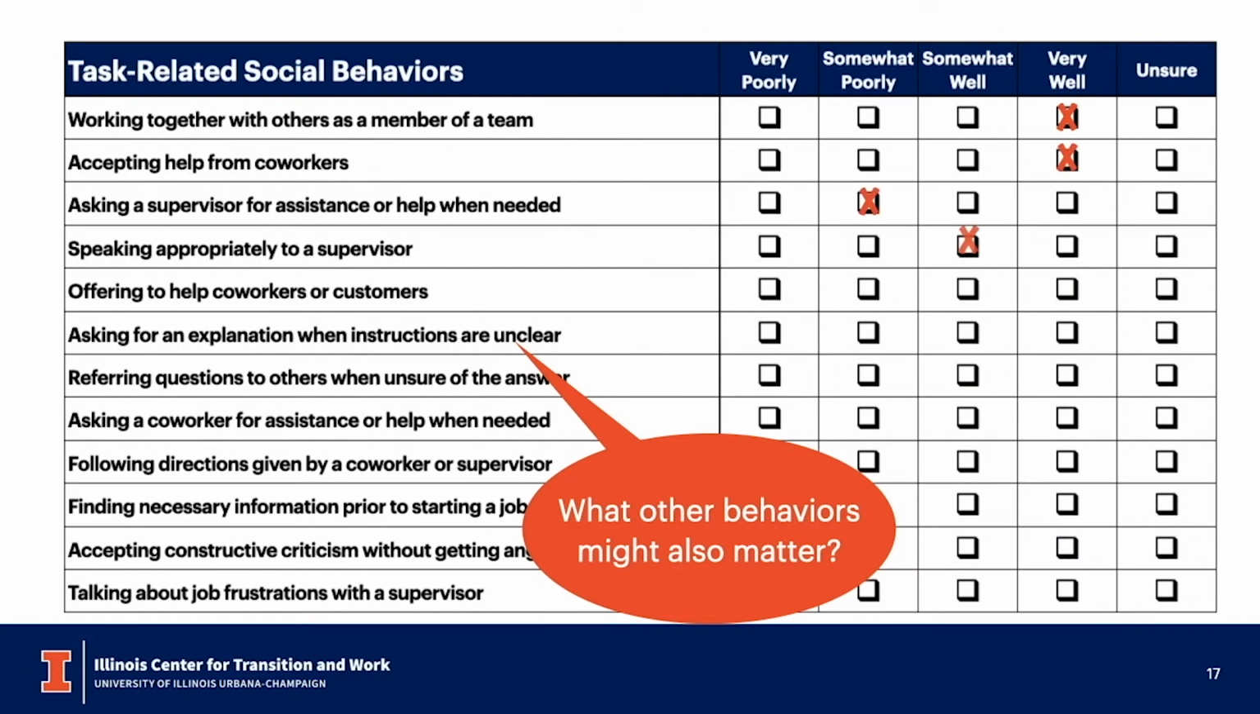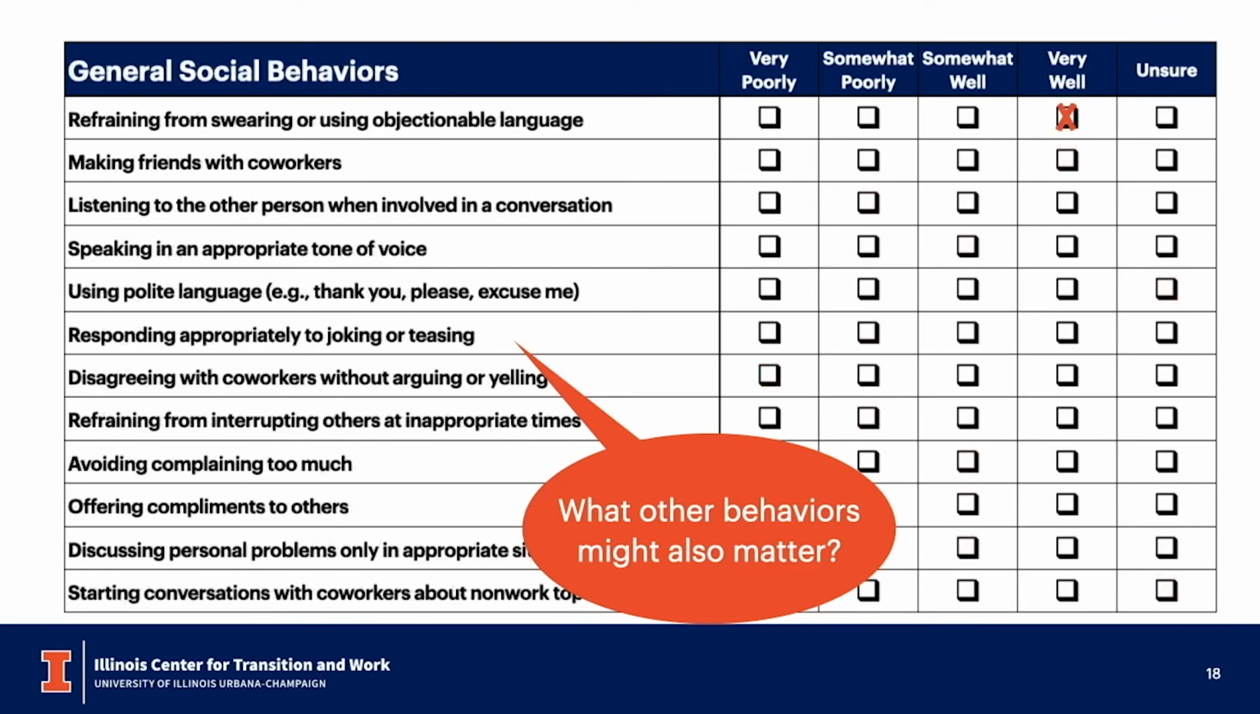Now, the second section focuses on task-related social behaviors, which are these interactive behaviors that are directly related to the performance of job tasks. These are things like following directions, or accepting constructive criticism from a supervisor, or asking for explanations when instructions are unclear, or even requesting assistance when it's needed. And these social-related demands of a workplace can sometimes be really hard for students with complex communication needs or significant cognitive impairments, and just a struggle to navigate. And of course, there may be other job-specific behaviors too that you'd want to add or even remove from this